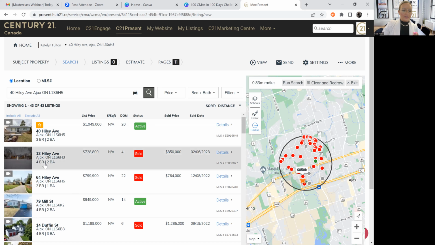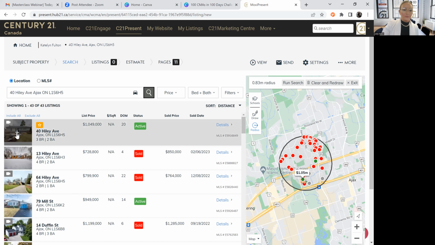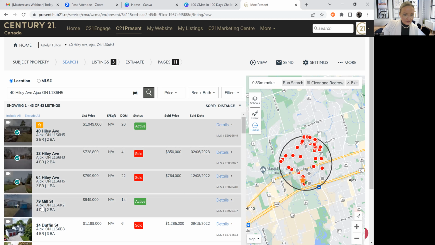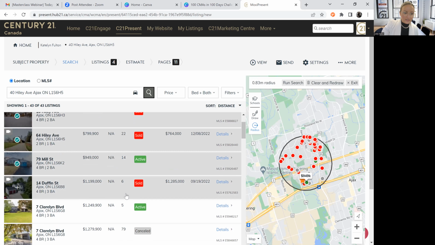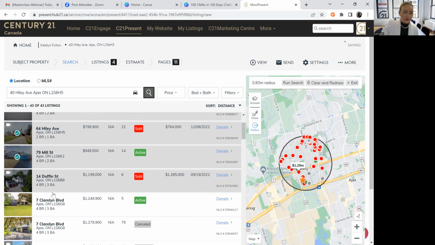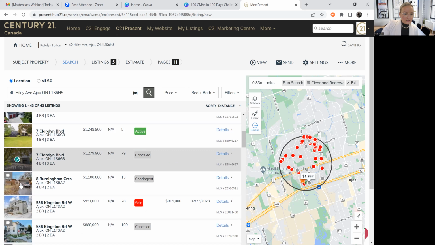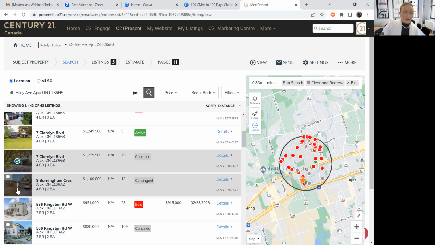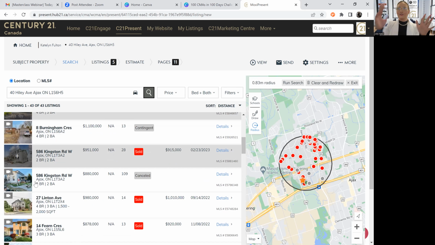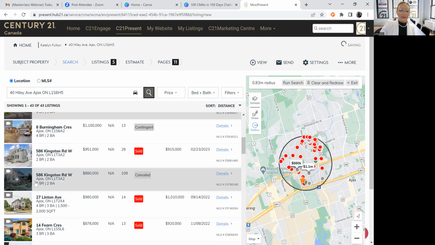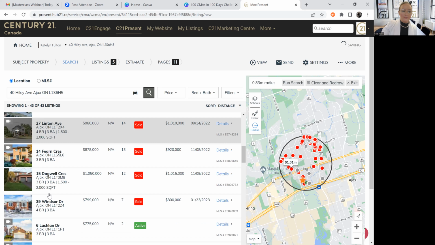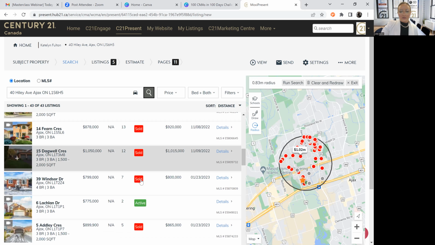And you're going to see here. So I'm just going to click the plus sign. This looks like a bungalow. This looks like a bungalow. This does. I'm not going to click this 14 Duffin because it obviously is a 2-car garage, 2-bedroom. That's not a comparable. This one is a bungalow. So you see what I mean? You'll obviously go more into detail when you're doing your comparables and looking at what exactly goes with it. So once you've picked your 3 to 5,